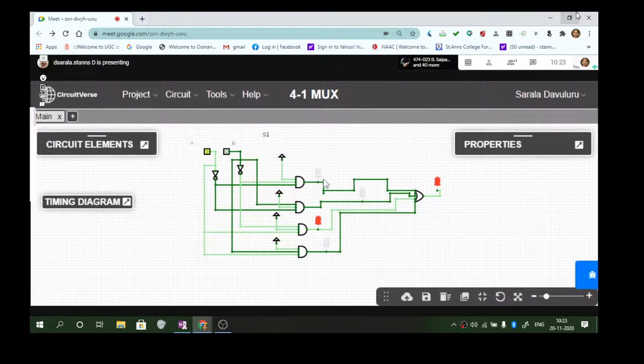Let us keep both as 1, 1. When you keep both as 1, 1, what's happening? This line is selected and this is going to the OR gate, and your output is going to be 1. Fine? And you can just insert tools,